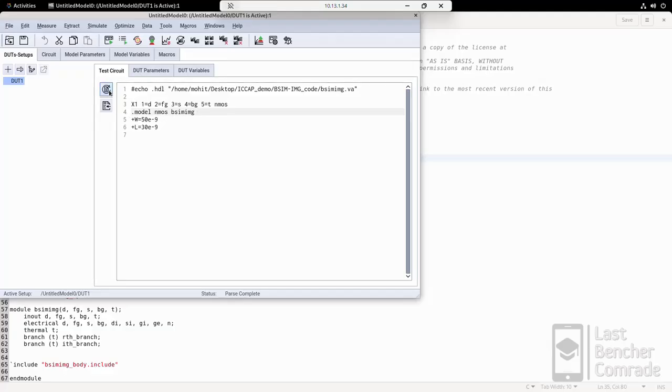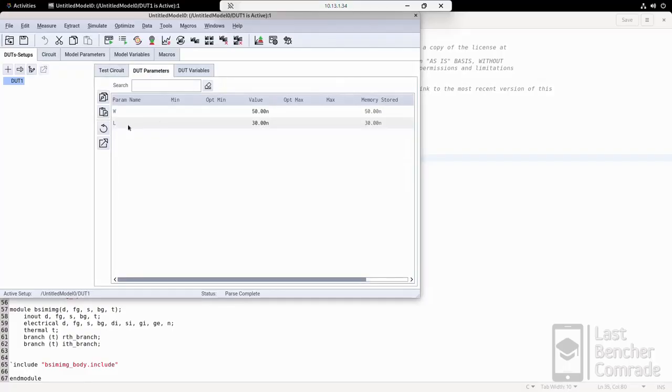So now we don't have any error. This is the parse option. Once you have done this, you can just simply click parse, and these parameters which you see here will be visible in the DUT parameter section. So W, L, 15, 30. These are the original values you have used and these values will be the current